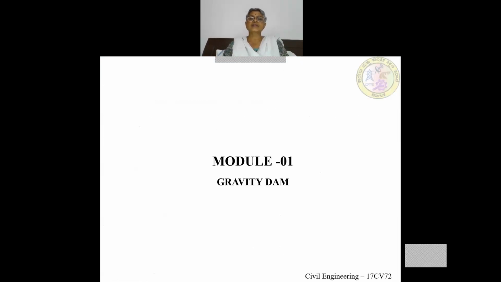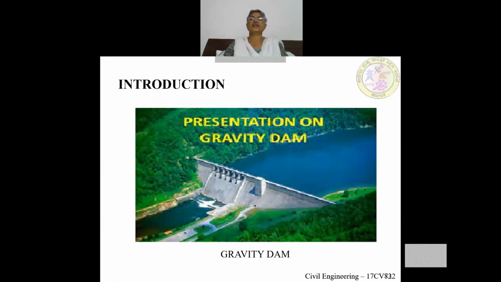In module 1 we'll be discussing the gravity dam. In this first session of module 1, I'll be discussing the gravity dam and what are the forces acting on the gravity dam. So let us see. You can see this picture of the gravity dam. You can see the reservoir here. Dams are constructed to save the water, to reserve the water. And when the water reaches the full reservoir level, the extra water will pass through this spillway, and then it will reach the downstream side. So this is the upstream side and this is the downstream side.